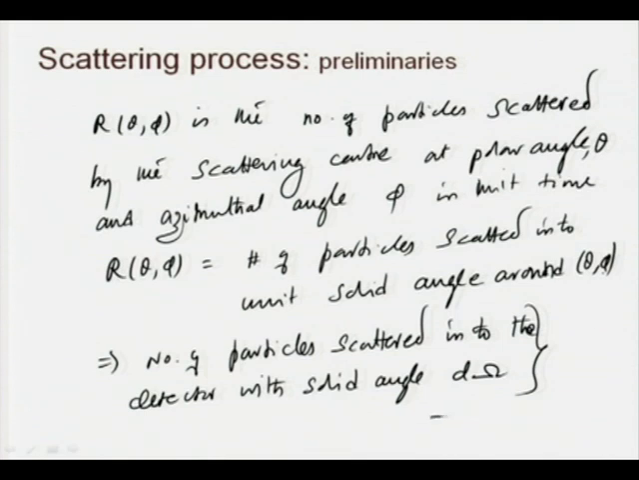This is equal to r theta phi times d omega. That is a straightforward thing to understand. Now, we already said that if we consider some small d sigma, the cross sectional area in the beam, and F as the flux, then this number is equal to F d sigma. So, we have F d sigma equal to d omega times r theta phi,